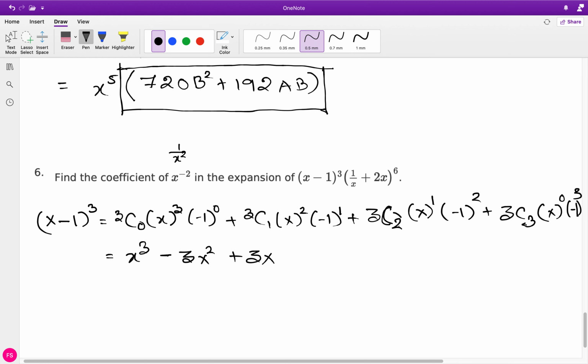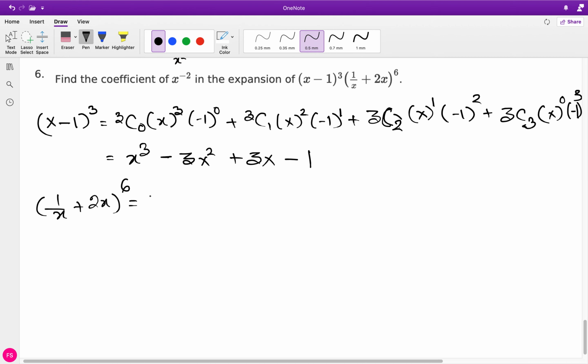The last one, this one is 1, 1, and then an odd number, odd power. That means it's going to be -1 only. This is my first term, and for the second term, it's 1 over x plus 2x to the power of 6. Okay, this is going to be long. Brace yourself. This equals to